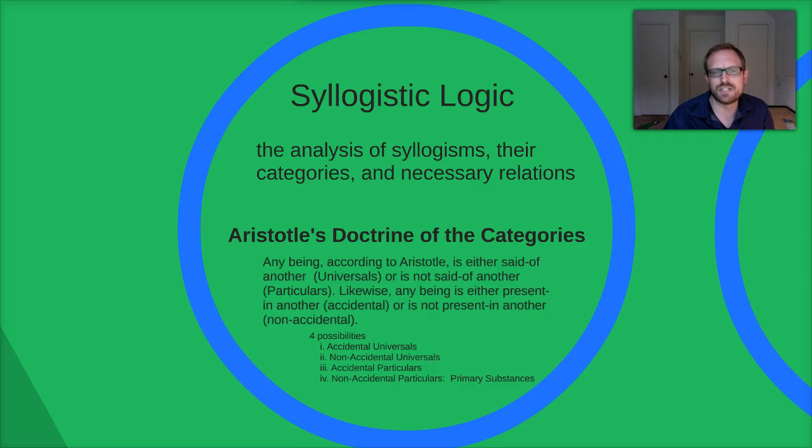But back to syllogistic logic. What is syllogistic logic? Well, it's the analysis of syllogisms, their categories, and the necessary relations between those categories and between those statements and arguments, right? Now, I didn't really want to spend too much time going over all of the different aspects of categorical logic, since that's what our course has done already. But you can see here that a syllogism essentially is a two-premise, one-conclusion argument with three core terms or categories or classes. And we've talked about how those are related in a whole number of ways.